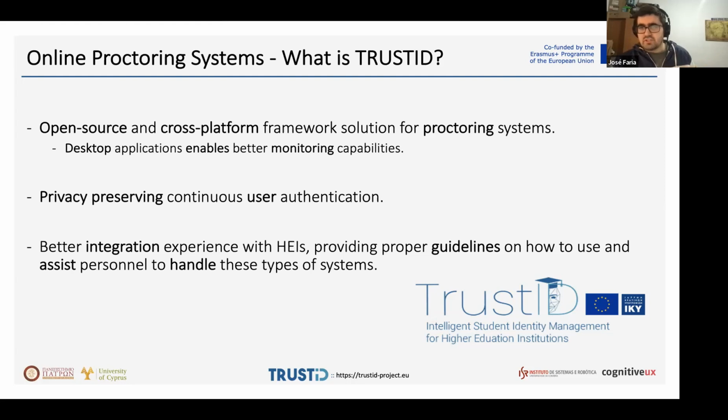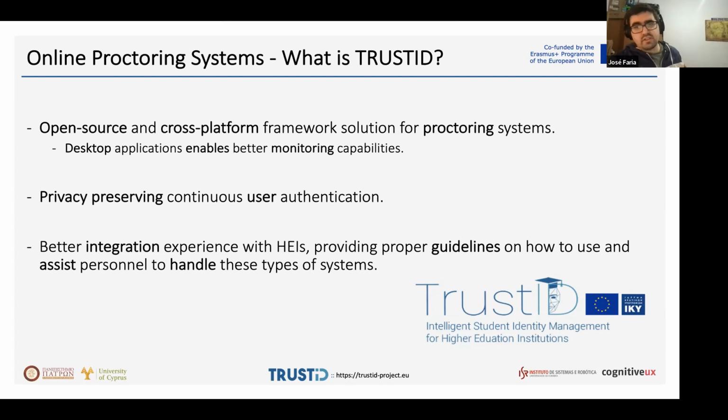To ensure that we can monitor the processes properly, we're using desktop applications. Currently, we're only supporting Windows and macOS. We are native desktop applications, which we are using to monitor the processes that the person is running, so that way we can analyze and make sure that the user isn't engaging in suspicious behavior.